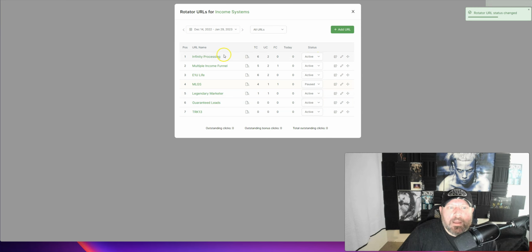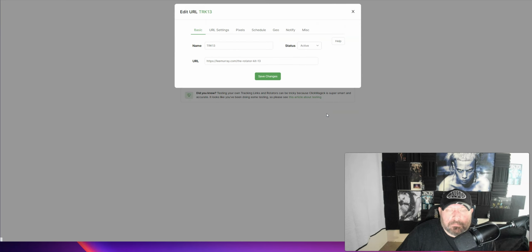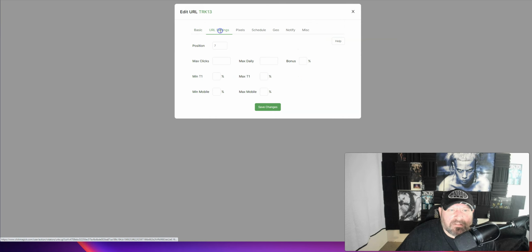You can also separate the weight of each one. So say that you wanted to still promote everything else, but you wanted the new TRK 13 to be represented in 50% of the clicks that people make in your Rotator link inside of your email. So then you can go to the pencil icon here and edit URL, and let's see here, URL settings, position, I'm going to tell you what,